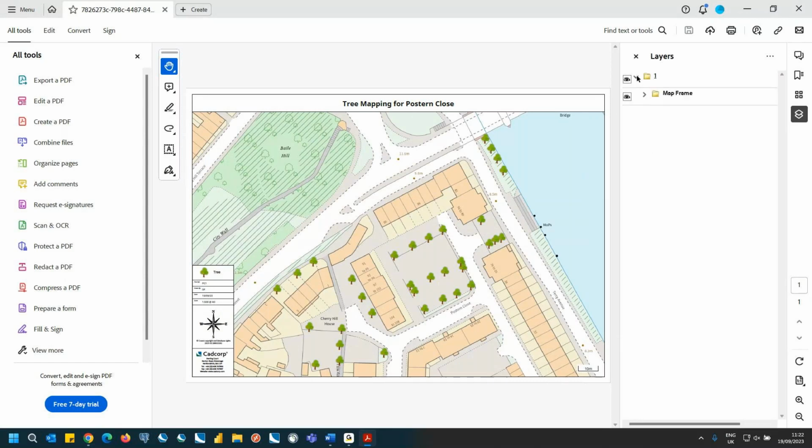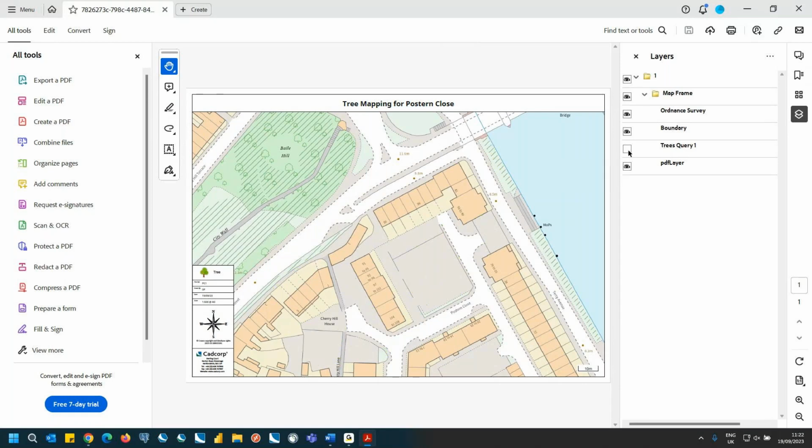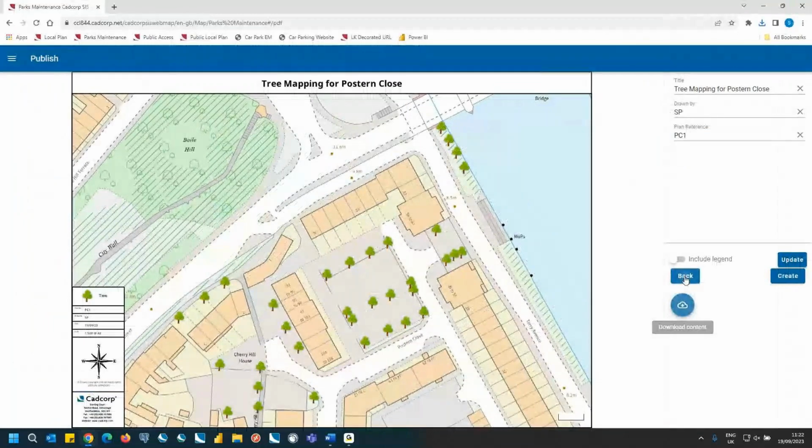because on the right hand side, this is just using Adobe Reader. So this is the free software. I can turn on and off the different data layers in the map here as well. So I've almost created my own interactive map as a PDF document, and it's just another way of being able to share service information. So yeah, those are some really nice options that are available within web mapping, where you